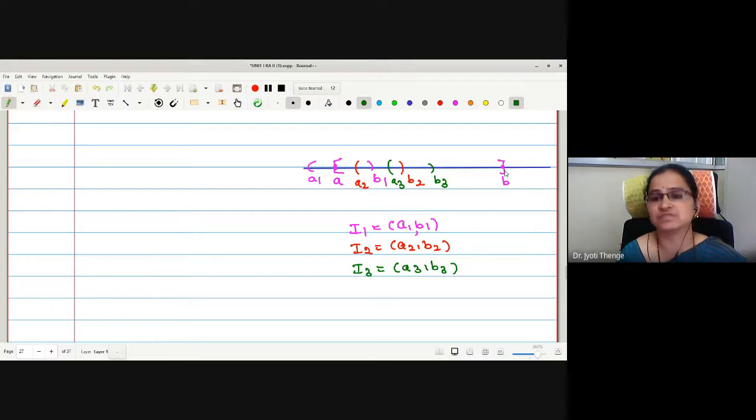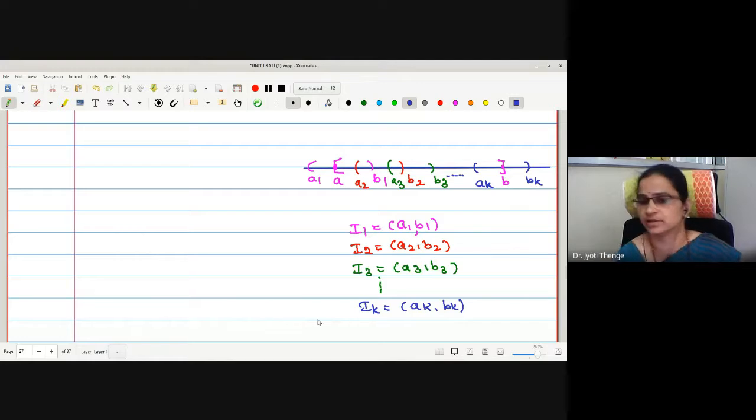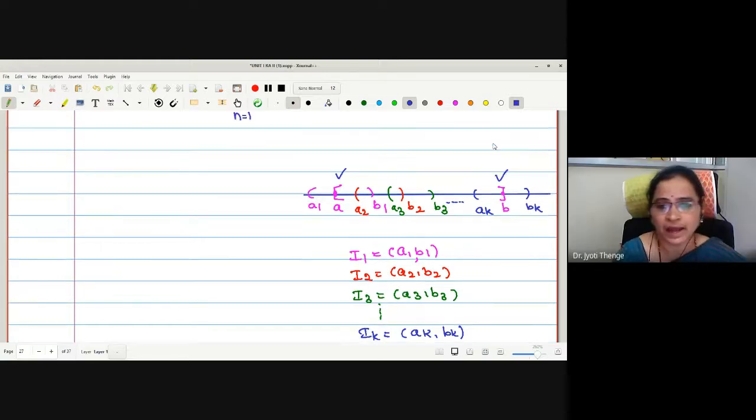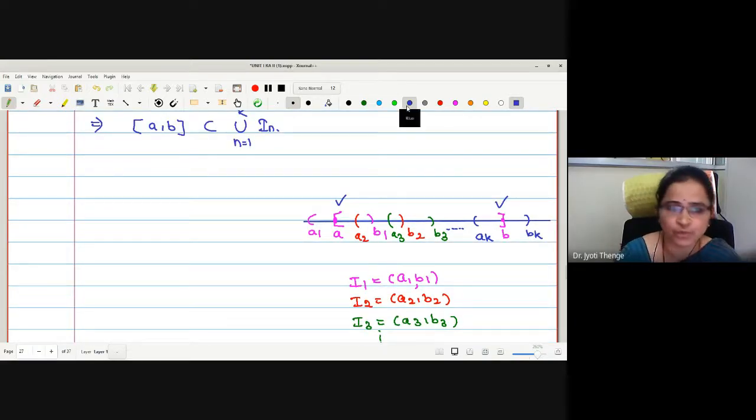And as we were saying, there is a finite subcover. This process is going to end at some finite interval, say Ik. And what that Ik I am going to write? AK, BK, right? So what should be my position of AK, BK? Here continuing the process, let it be somewhere AK and BK. Now take the union of all these intervals, I1 to Ik. Whether it is going to cover our A to B closed interval? Yes, it is. Yes, ma'am. Right? Understood how we have selected the coverings now?